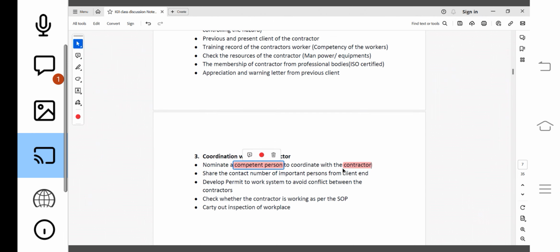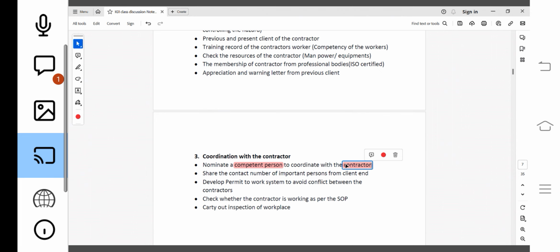If it is only one contractor, one person can be appointed, but sometimes a client like Aramco has lots of contractors for different activities, like civil work, building work, mechanical work, oil and gas. Lots of contractors are there in the Aramco concession.